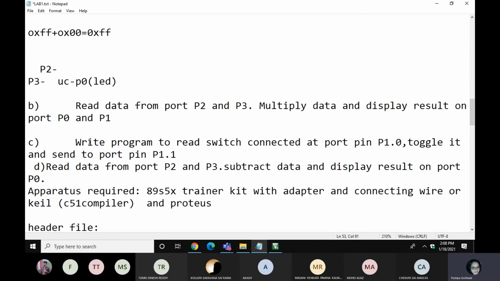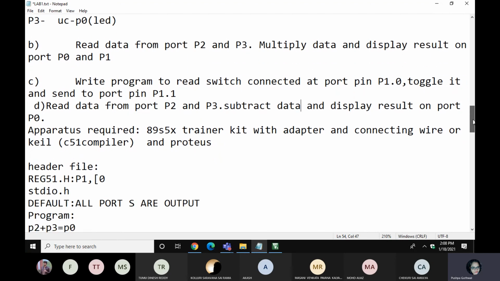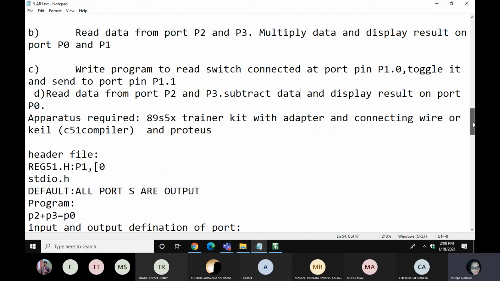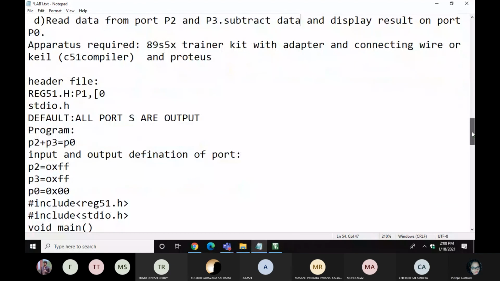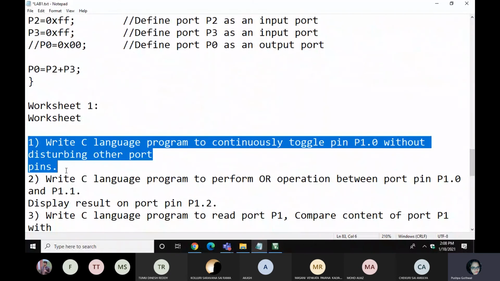For the C programming, I will give the hint, because to switch on individual switches, you have to just change a small setting. So please perform A, C and D parts. And for the C part, no, B and D. For the C part, I will write the instruction. So please perform this particular part, and later on you have to perform this worksheet part.